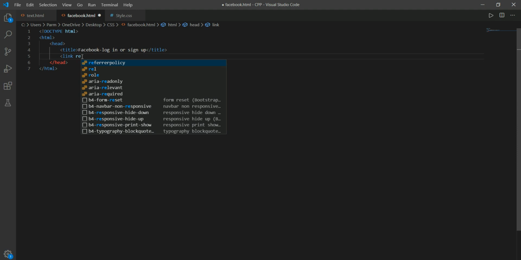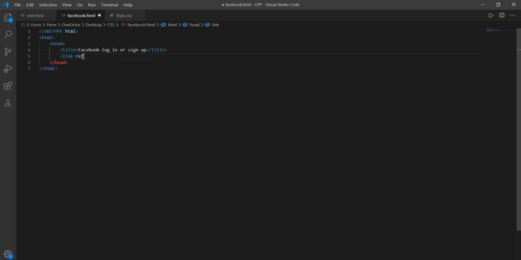We give the relation, sorry, here we have to use stylesheet, then we give the type equal to text/css, then we give the href equal to the name of the file, that is style.css, then close this element. It's done over there in the head section.